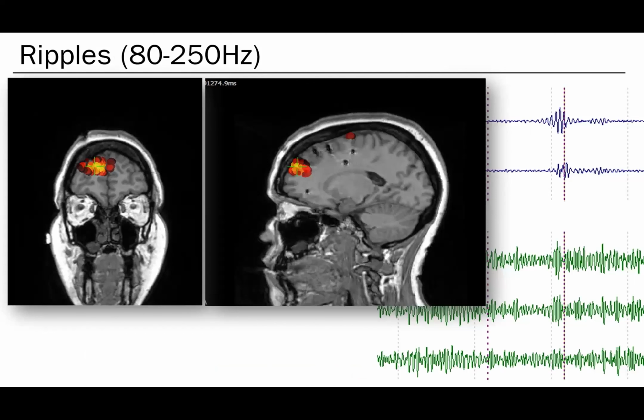So it seems to be possible to record at least high gamma, but how about faster activity? This is another example. This time we are recording ripples between 80 and 250 Hertz. This is MEG down here, and up here you see the simultaneous invasive recording. There is an MEG correlate to the invasive EEG high-frequency oscillations, but it's really hard to see. So if you now again take these MEG correlates and use that for localization,